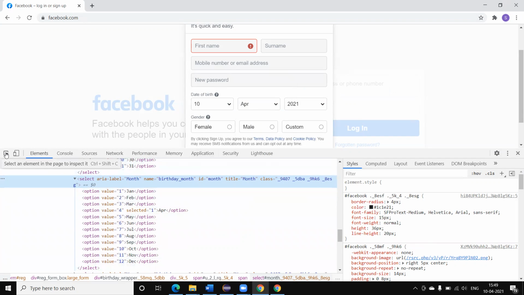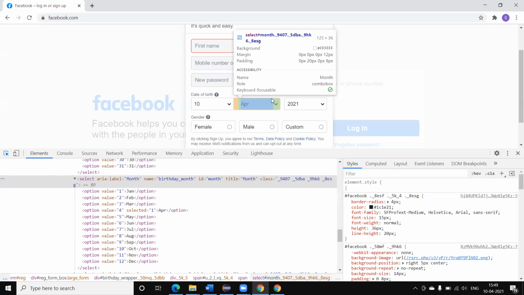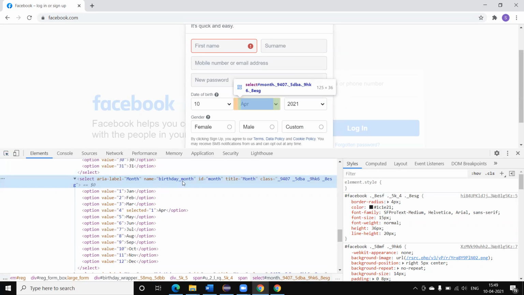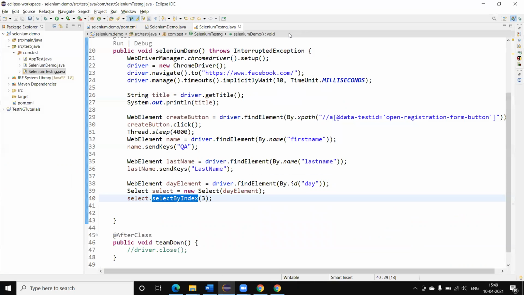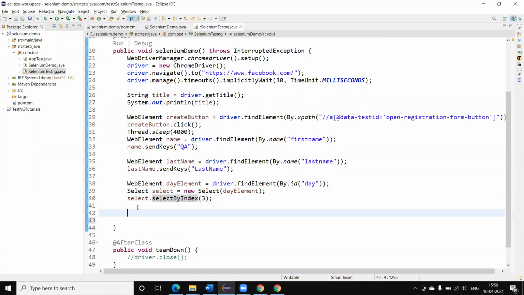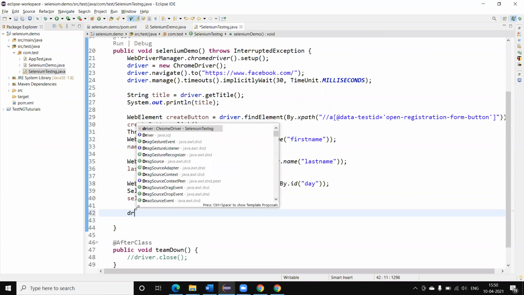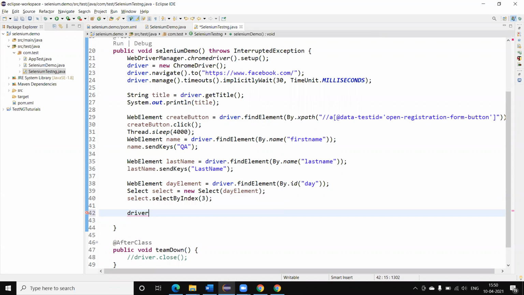Let me create the locator for this first. This is the month, so I can create the month. First of all, I will create the web element, driver.findElement(By.id), then passing the month.